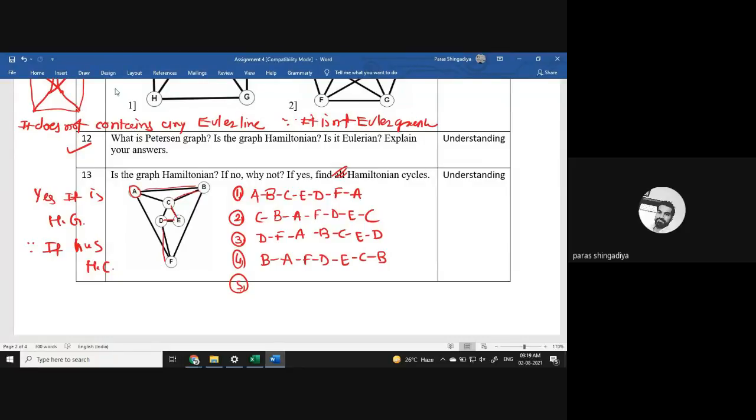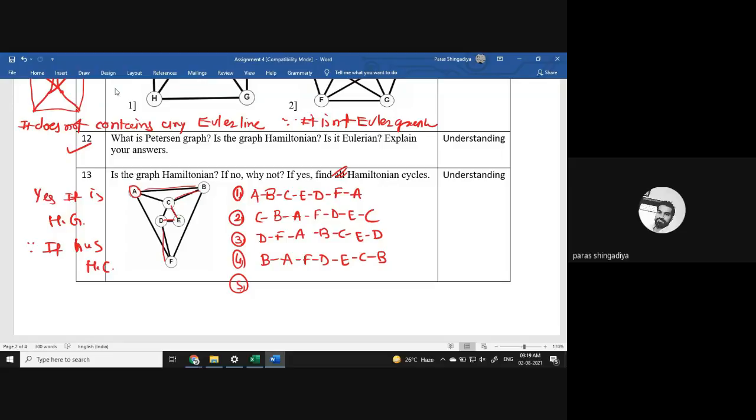Okay, now you reply with your answer. Which answer do you have to consider for a fifth one? That should be different from these four. Yeah, that is AFD. Good. ECBA. Yeah, that is also an answer.